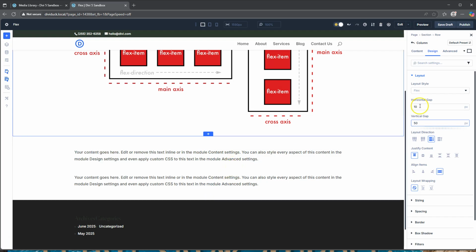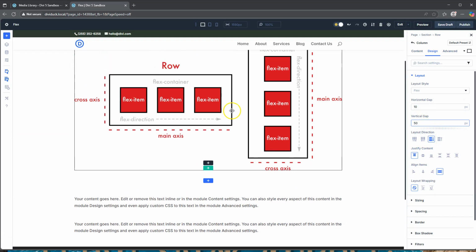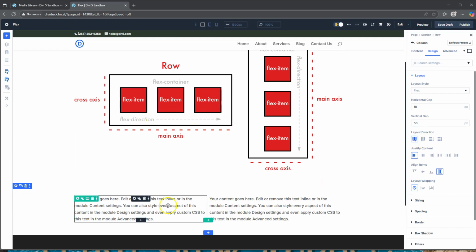So if we leave that at 10, but I want to change this layout direction, remember, flex direction. I want to change this to a row, this kind of row, flex direction from left to right. It's going to change, and it's going to put the content next to each other in one single row. How cool is that? Now the next thing I want to show you is, let's go back to the column